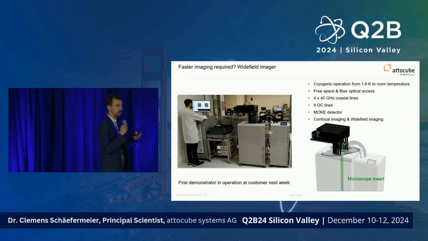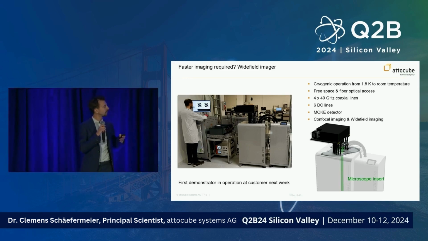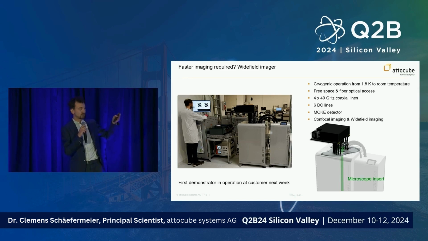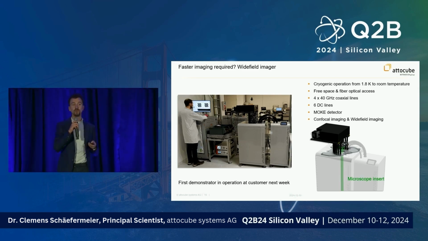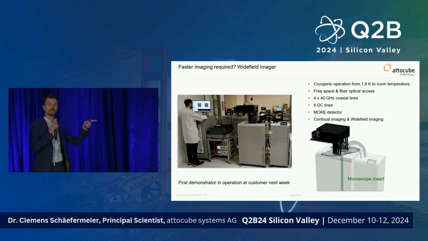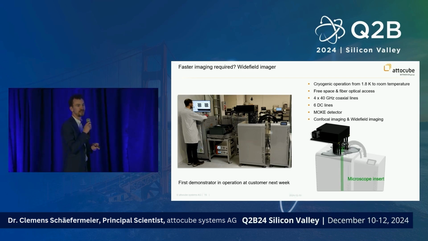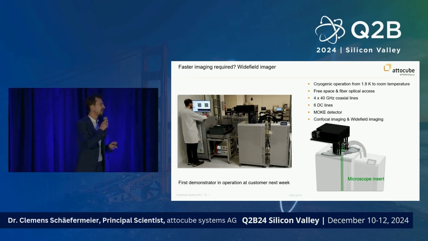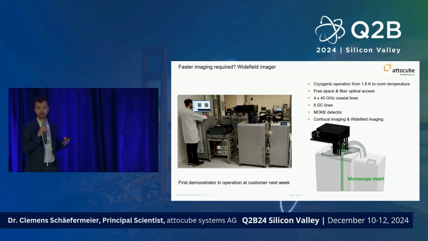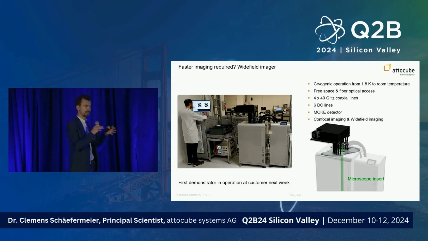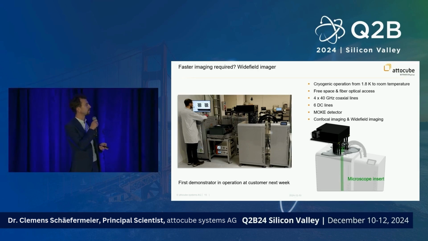So unfortunately, because we haven't installed it and agreed with the customer on what to publish, I can't show you the result of what this thing here is capable of. I can tell you the equipment, some of the technical features. So the cryostat looks very similar to what I've shown you on the previous slides. It's a bit more compact because you're not so sensitive on vibrations anymore. The cooling power is a bit better because you have less stuff down there in the cold space.